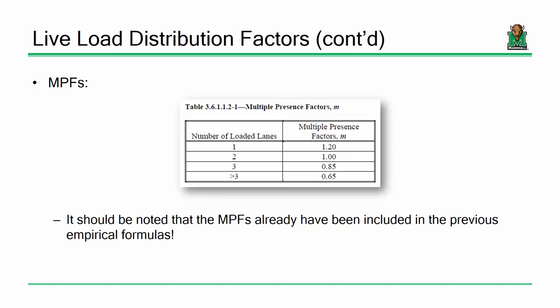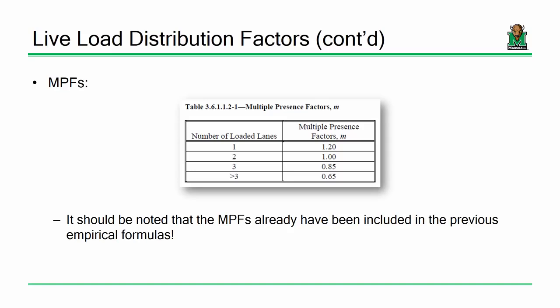So the multi-presence factor for 2 lanes is 1. Anytime the number of lanes increases, we drop the distribution a little bit just to account for that probability. Now, if we got 1 lane loaded scenarios, we up our distribution factors 20% just to account for that probability. All right, make sense? Now, this note here, we only include multi-presence in 2 things, the lever rule and special